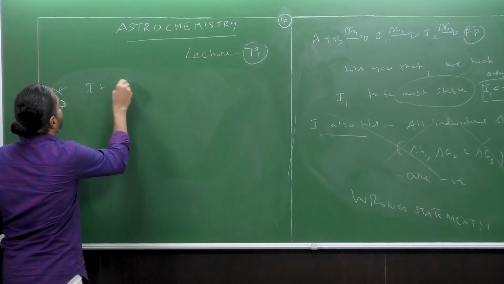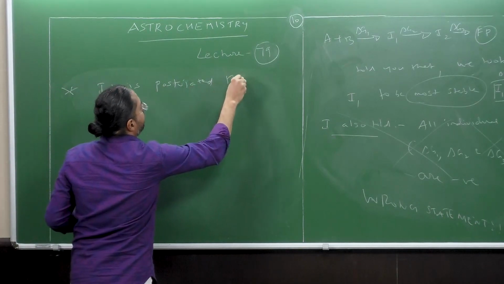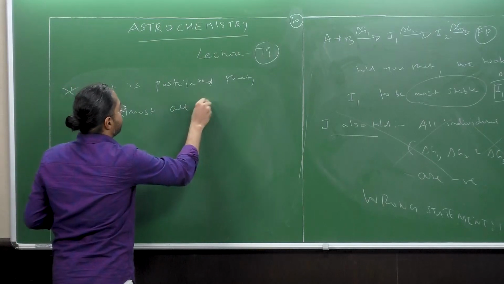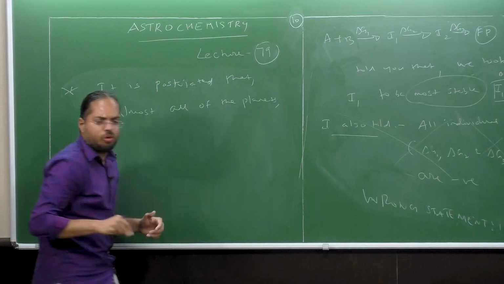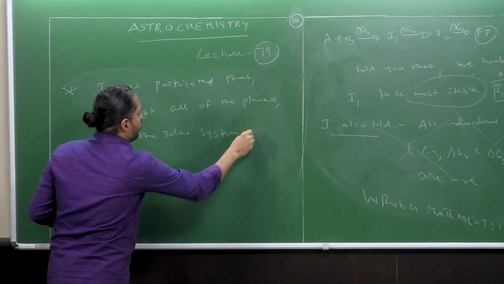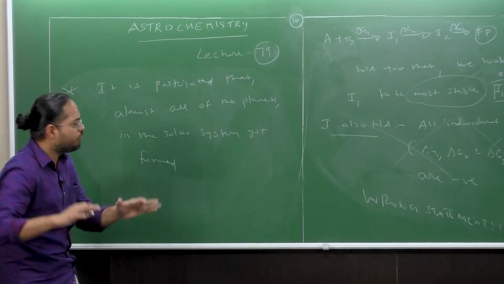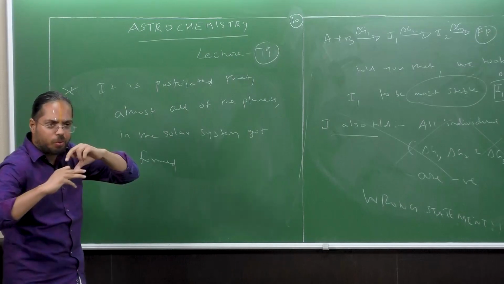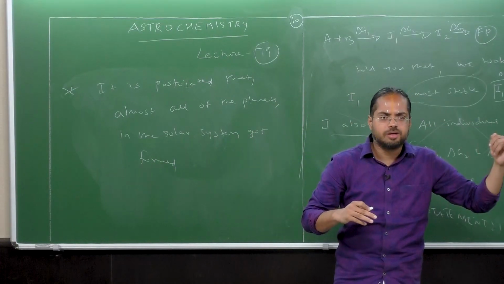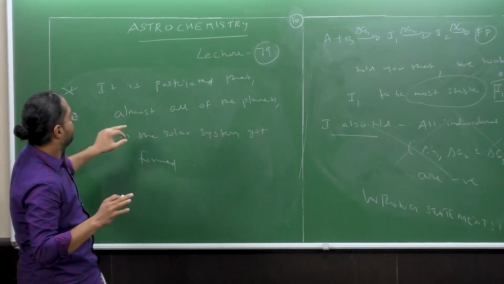Okay, it is postulated that almost all of the planets in the solar system got formed roughly, not in the present form, but the structure of the solar system, that is having the 8 planets and 1 dwarf planet: Mercury, Venus, Earth, Mars, Jupiter, Saturn, Uranus, Neptune, and Pluto. They all formed roughly around the same time. Okay, that almost the solar system got formed